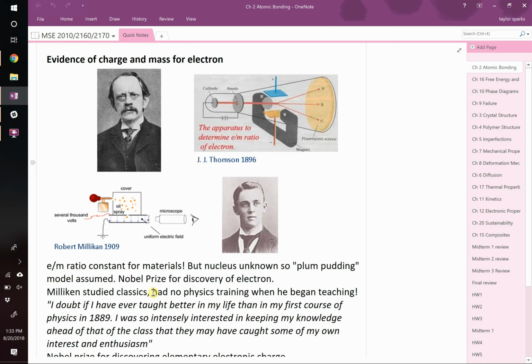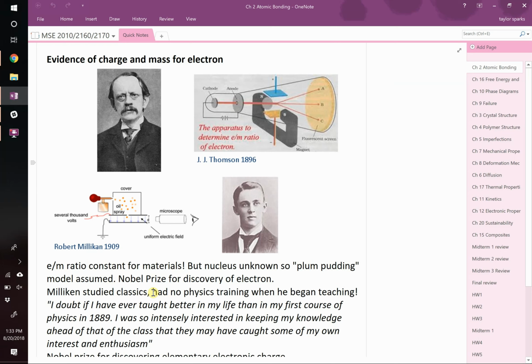He literally took like a sprayer, right? Like he misted oil into this thing. In that cavity, gravity's acting on the oil drop, so it's falling downward. And then he applied an electric field the other way. So if these things are charged with electrons that have a negative charge, if you apply a field the other way, you could feasibly pick a voltage where the upward force of the electrostatic repulsion matches the gravitational force of